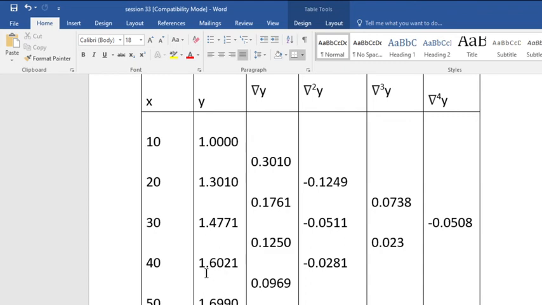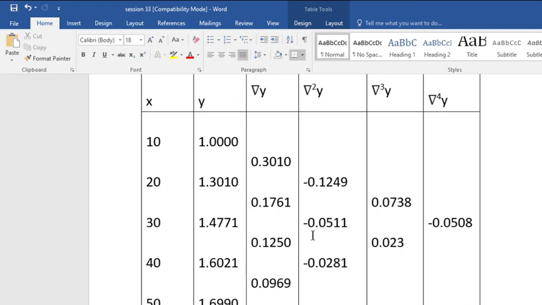The first backward difference of y is the difference between these two entries, that is 1.6990 minus 1.6021, and the difference between the next two will be 0.1250, then 0.1761, and then 0.3010. Similarly, for the second backward difference, the differences between these entries are minus 0.0281,